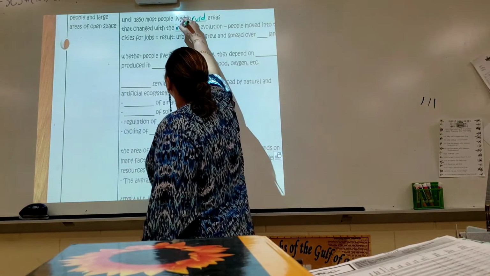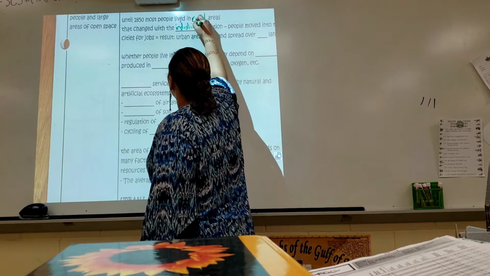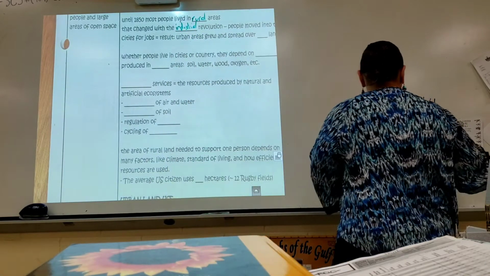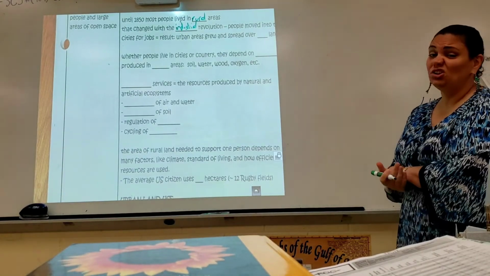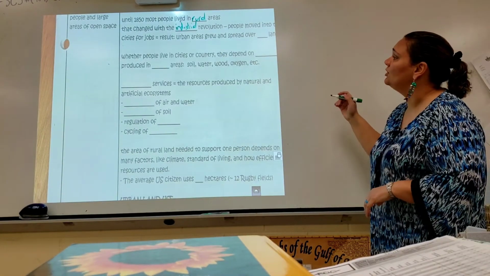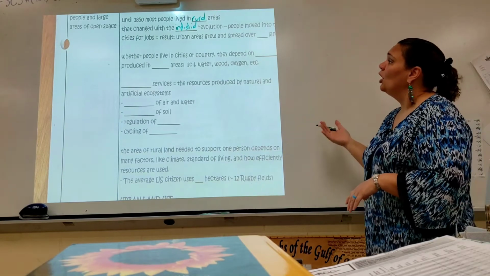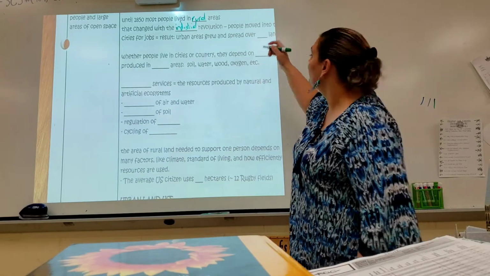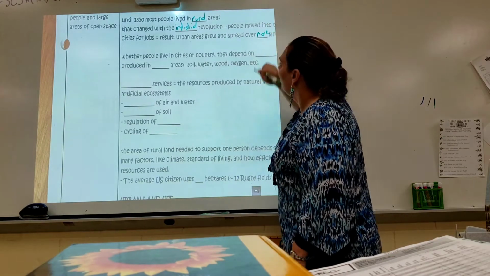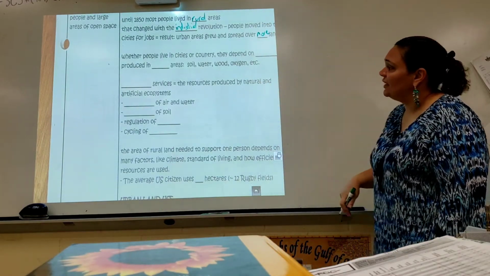All right, that changed with what revolution? Industrial Revolution, right? That's when all of the major pollution started occurring, right? People moved into the cities for jobs. The result, urban areas grew and spread over more land. Whether people live in cities or countries, they depend on